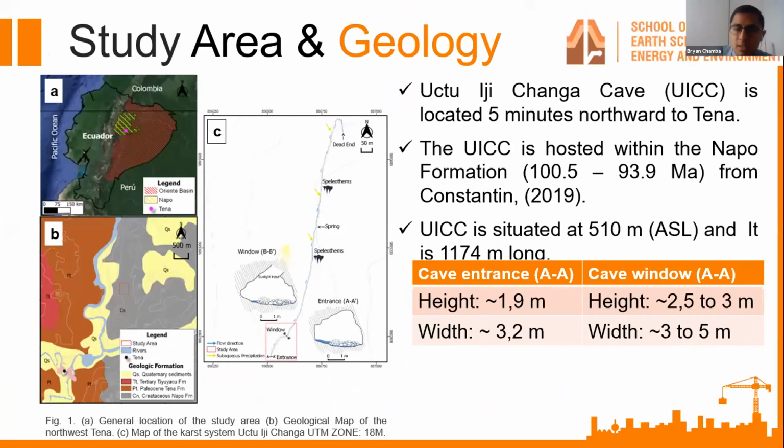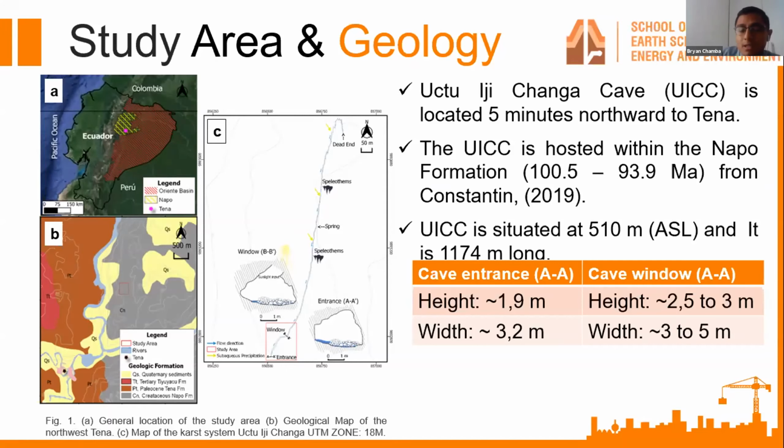So about the study area. Tena is a small city located in Ecuador. Ecuador is a small country located in South America. Furthermore, Ecuador is located in the equatorial latitude. And about the geology, Tena city is located in the Oriente Basin. Oriente Basin basically is the Ecuadorian part of the Amazon Basin. Furthermore, our cave is located,